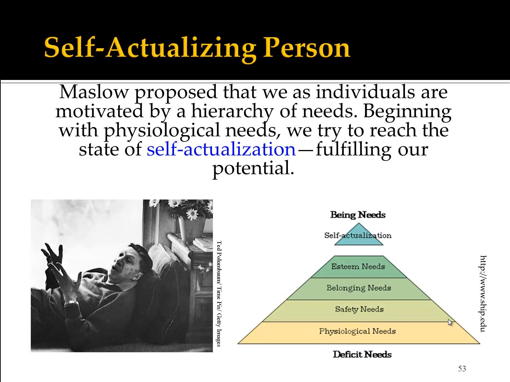Abraham Maslow developed his theory based upon the principle that we as humans seek to self-actualize, and that this is the motivating force within us. Going back to Sigmund Freud, it was the libido and the sexual energy force that motivate us through life. In Maslow's case, the notion is that we try to reach self-actualization, to realize our true potential in life and to fulfill that true potential.